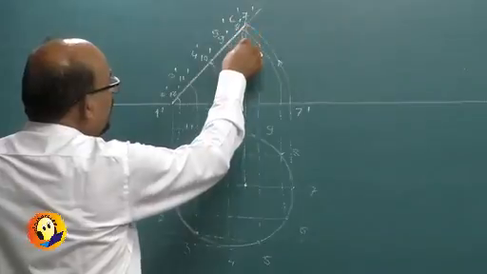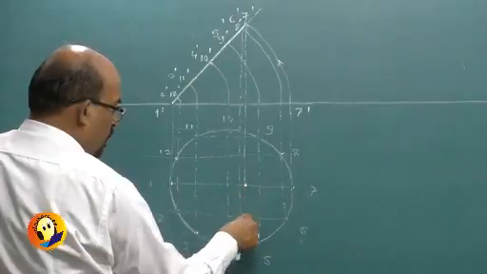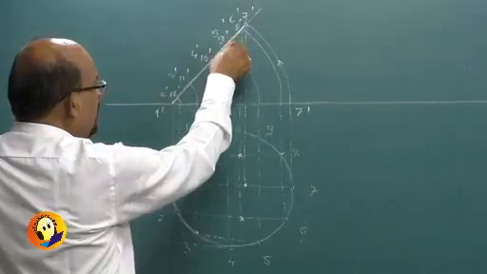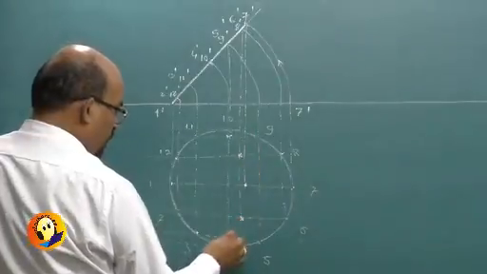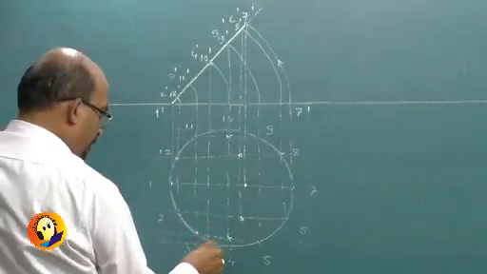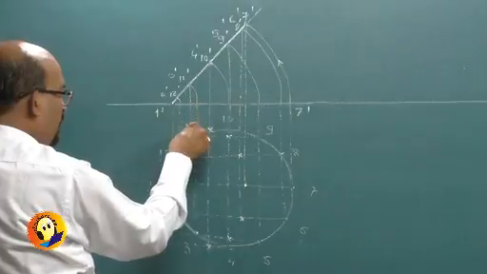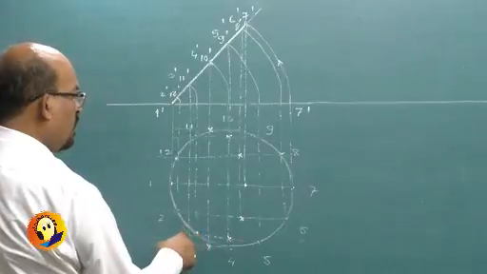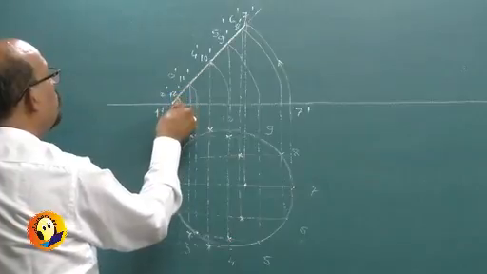Point 6 and 8, these will be these 2 points. Points 5 and 9, in my case they are aligning but they may not. Points 4 and 10, points 3 and 11, point 3 and point 11, points 2 and 12